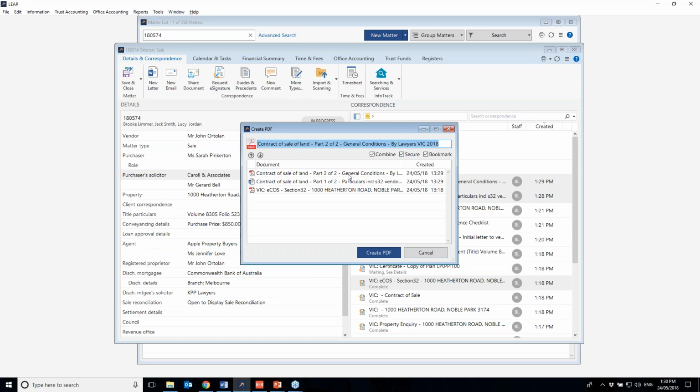All right, so you can see that the 3 individual documents are listed below. Creating a combined PDF doesn't affect the original documents. They will stay as is. It creates a new document within the matter. You can change the order of these documents. So obviously you want part 1 to come before part 2. So you can highlight the document and press this arrow to move it up. You can also drag to change the order as well. But for today, I'm going to put that one at the end, part 1, part 2. I'm going to rename it something else, final contract for signing,